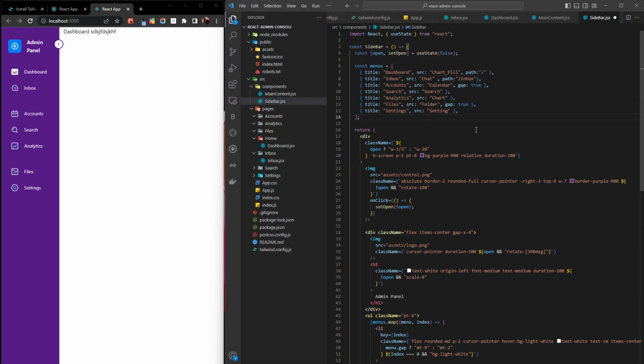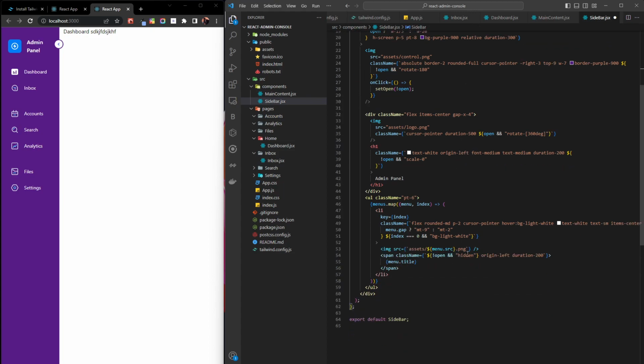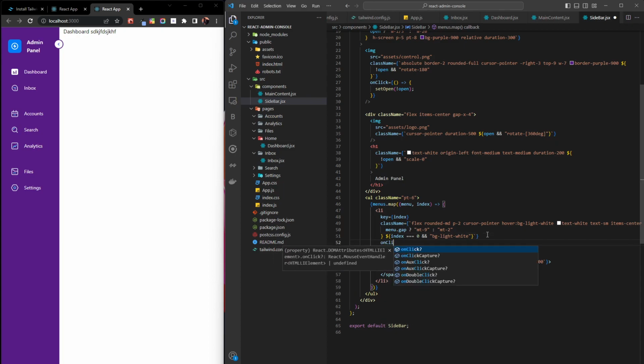Okay. Now this won't work unless we create a click event on it. So here we will go to this particular li, because these are individual LIs, so you can click either on the icon or the text. So we'll click on li, and we will add an on click event, onClick is equal to,